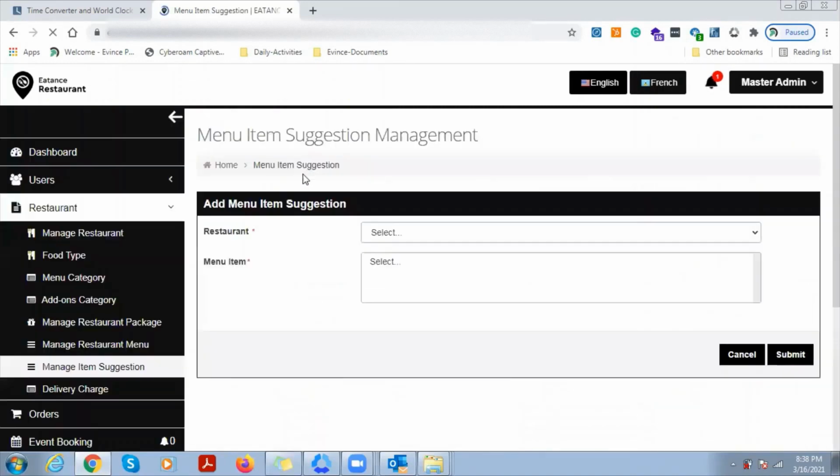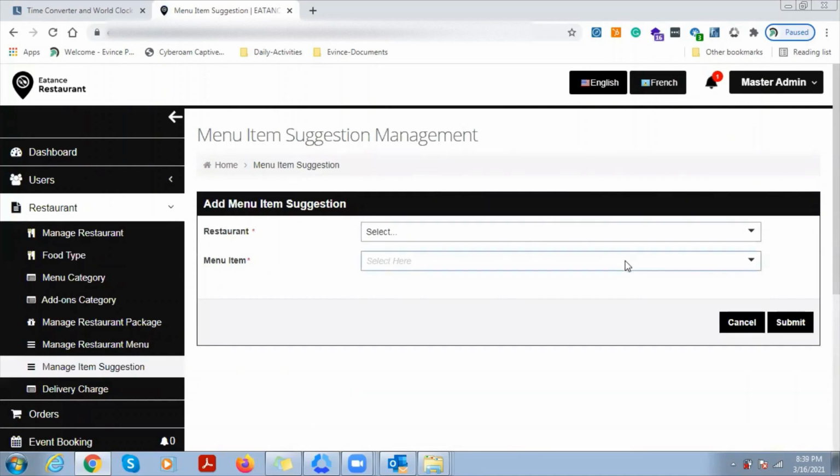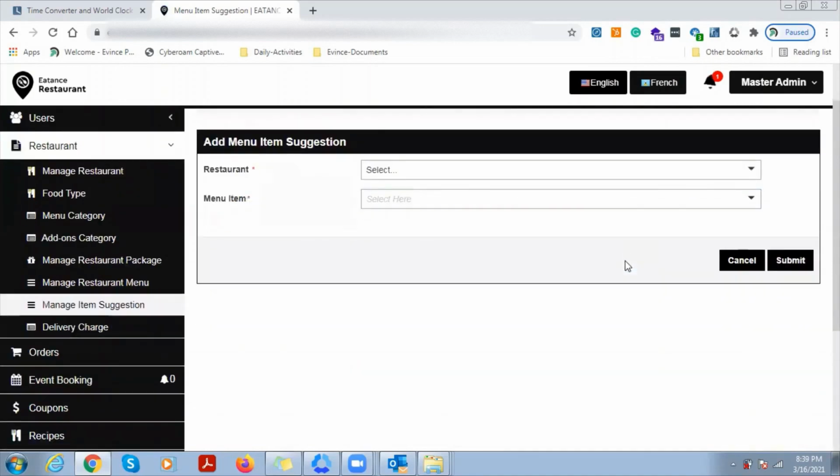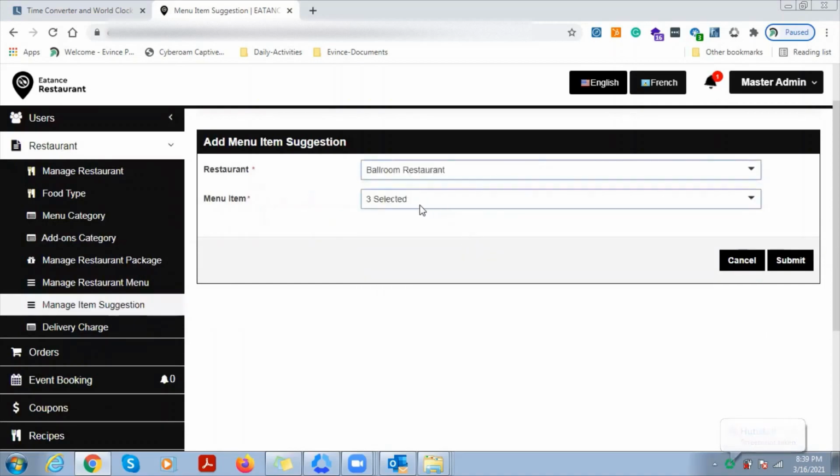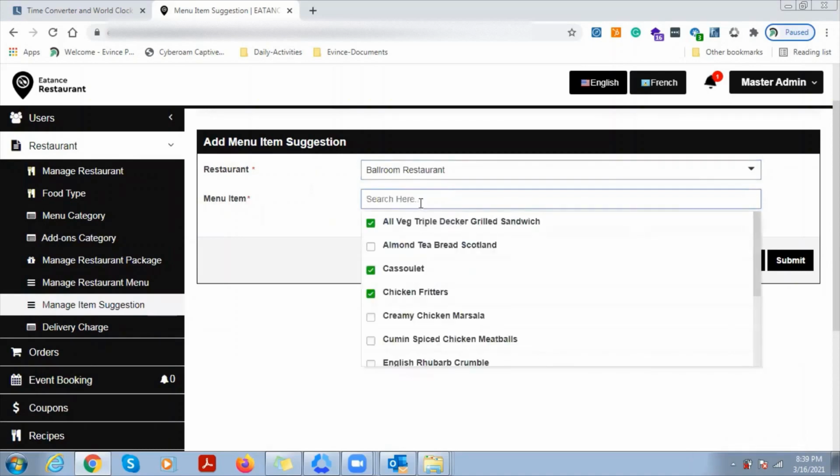Going further on manage item suggestion, this is one advanced feature which we are providing with our new administrator panel, where the user can view only limited 3 items of menu under the menu section while doing the checkout process. So if something you want to sell as an add-on or something you want to sidekick it, you can select it over here. For an example, let's take a selection of the restaurant name, and I will say from the menu item,